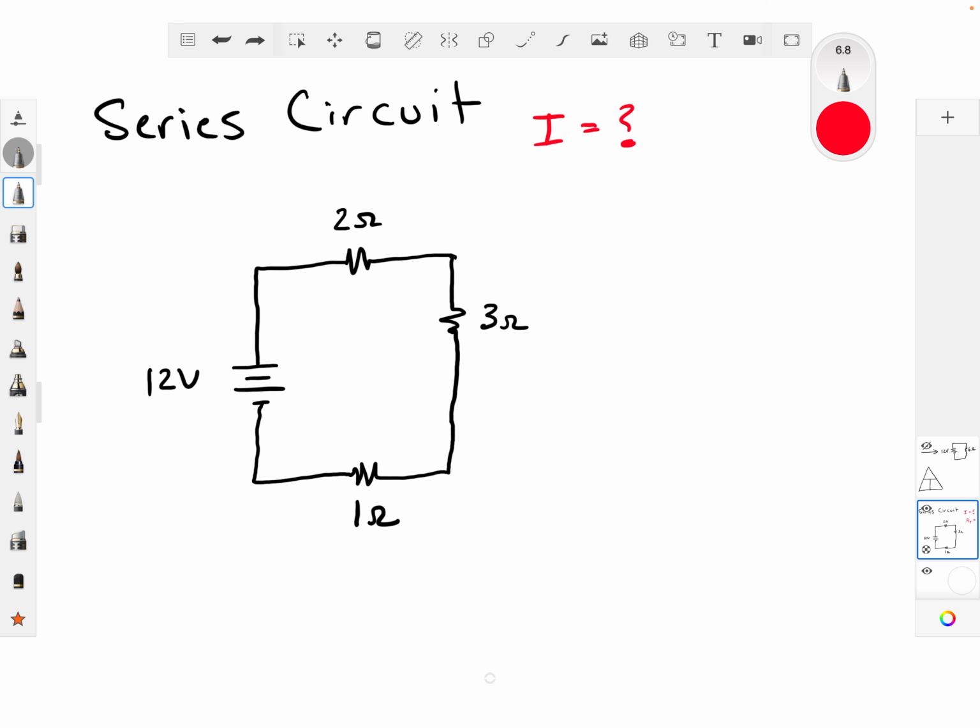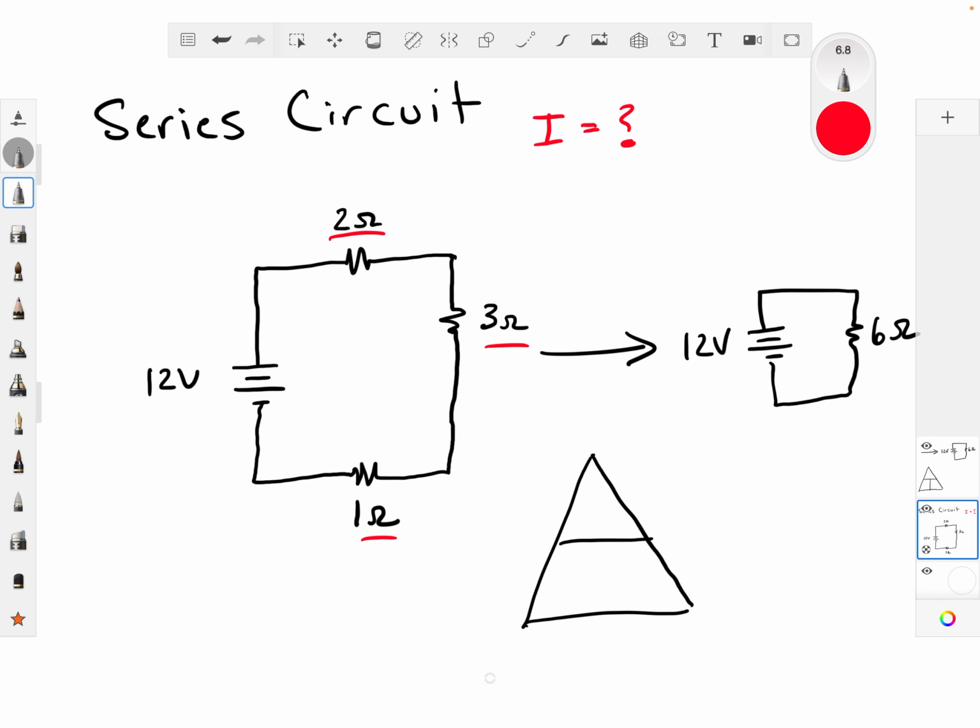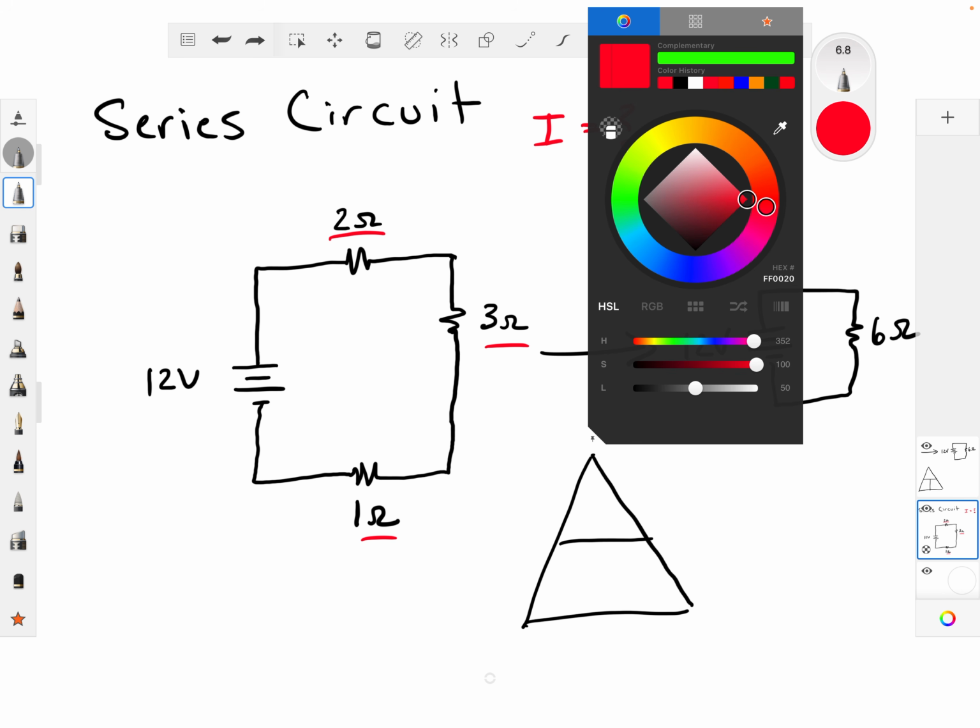Series is pretty simple. All I have to do is go 2 plus 3 plus 1, right? So essentially what I'm doing is 2 plus 3 plus 1 is 6 ohms. So I'm just making this equivalent circuit. I did not physically combine all the resistors, but this is just the mathematical representation of that circuit now. So we're going to go ahead and I'm just going to use the